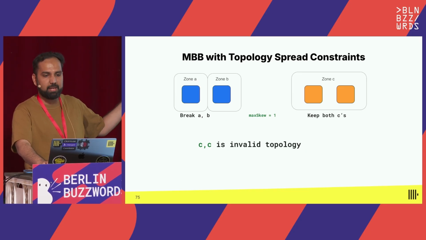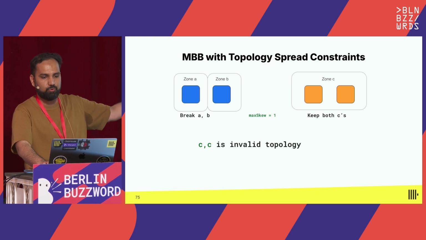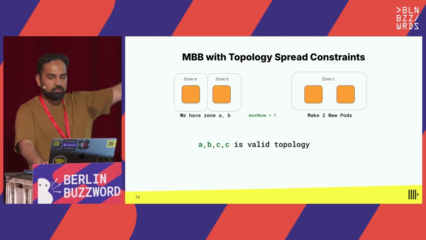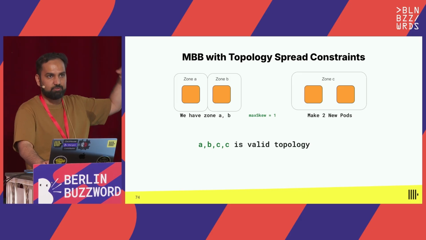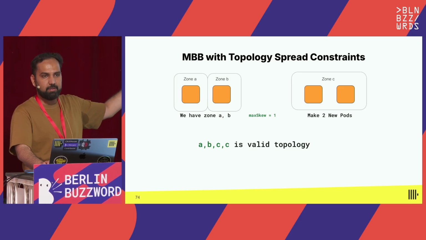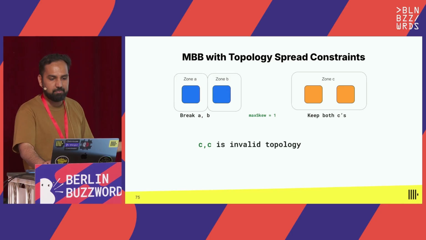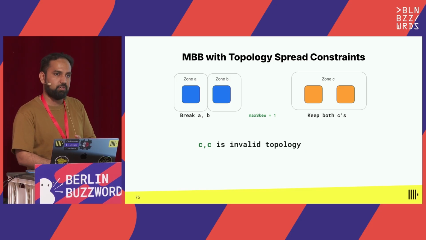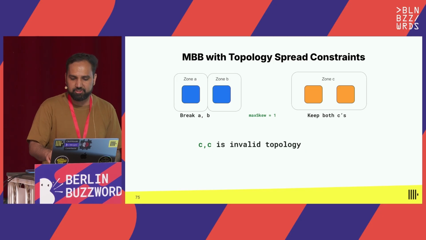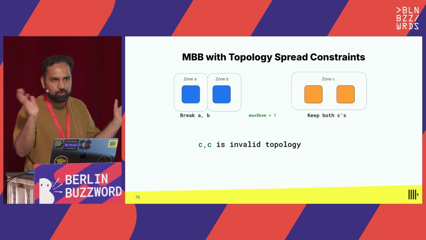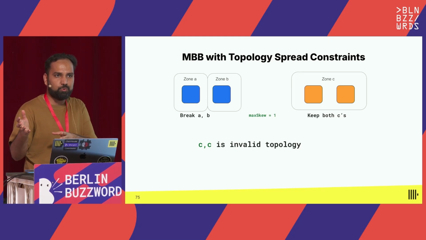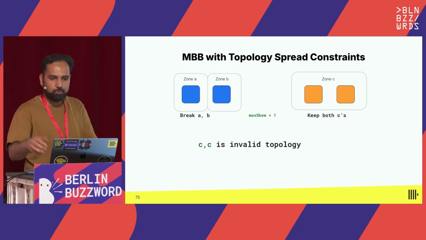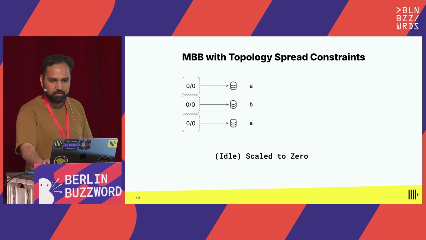But then let's say you're doing make before break, and you break these 2 replicas because maybe the ones in zone C were the new ones, the ones that were just made, and A and B are the ones you're about to break. So when you break them, suddenly your zone topology becomes invalid. And yeah, these challenges are kind of interesting. Now you have to figure out, oh, which zone am I not provisioned my pod in? And then maybe I need to do some workarounds as part of on-call.